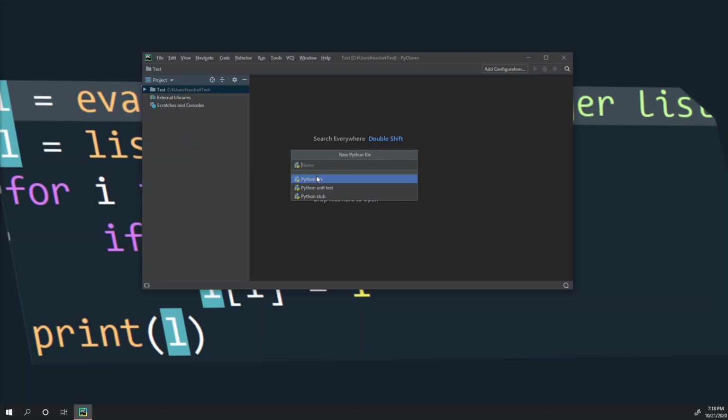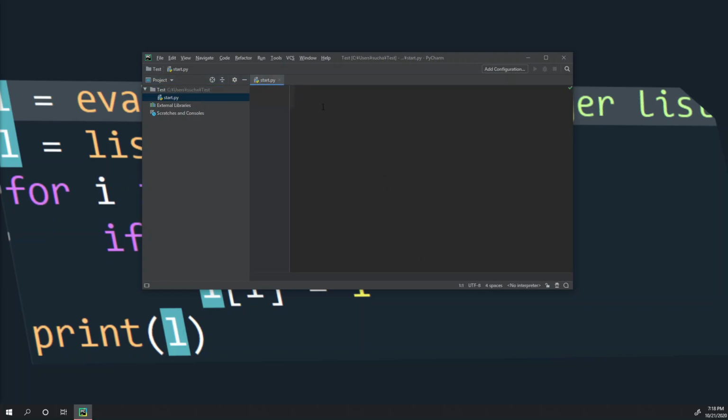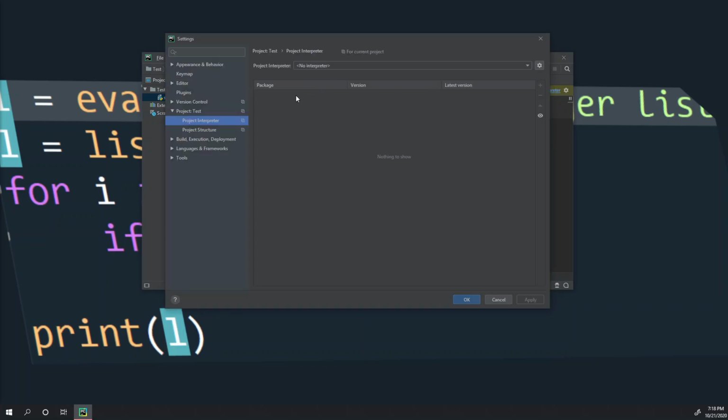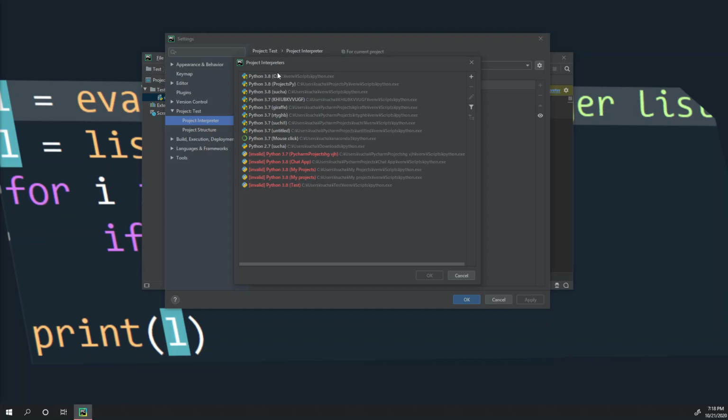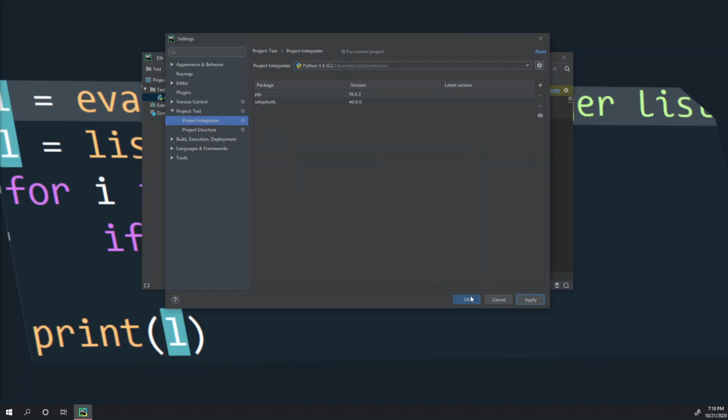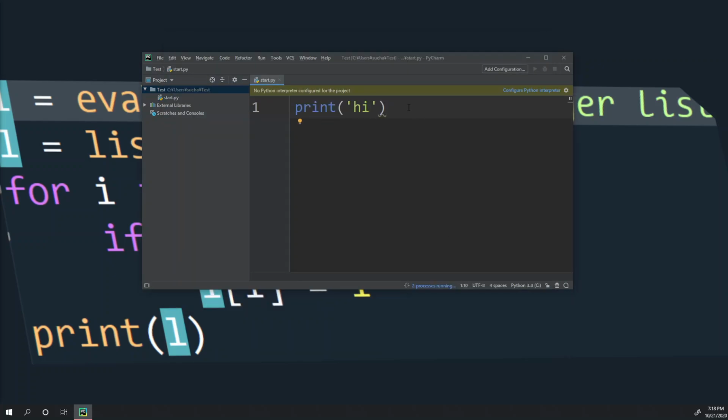You can name this anything you want. I'll just call this start, and it should pop up. Now I'm just going to say print hi. If this didn't work, I'm going to choose my Python interpreter. So here, apply and okay. Okay. I don't know why. Okay, now fixed. So you can see this,